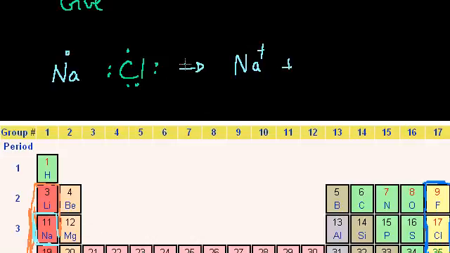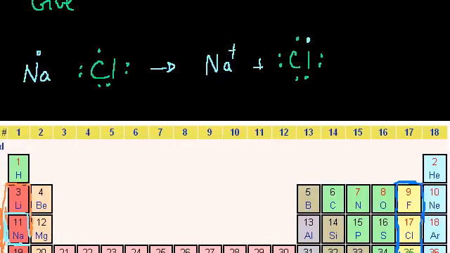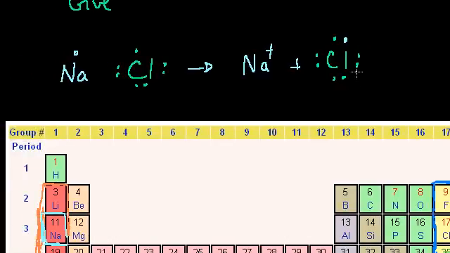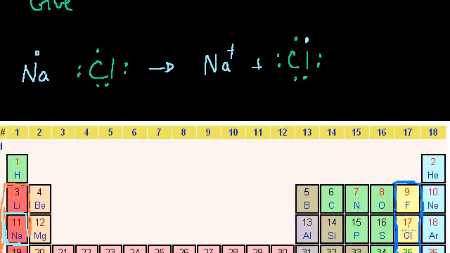And now what does chlorine look like? I'm kind of mixing up notations, but that's really to just give you the idea. So chlorine before had 7 electrons: 1, 2, 3, 4, 5, 6, 7. That electron had jumped onto the chlorine. So now it's happy. It looks a lot like argon now. It has a completely filled valence shell. And what's the charge now? Well, it has 1 more. Now it'll have 18 electrons instead of 17, right? So what is its charge now? It has 17 protons, 18 electrons. It has a -1 charge.